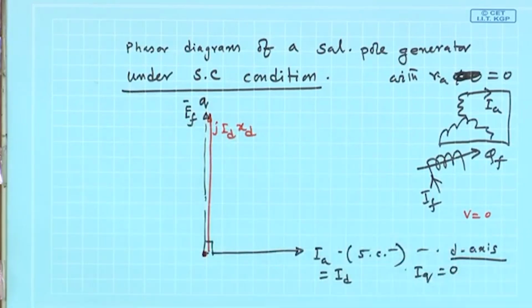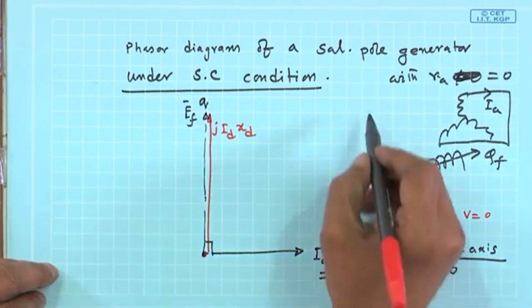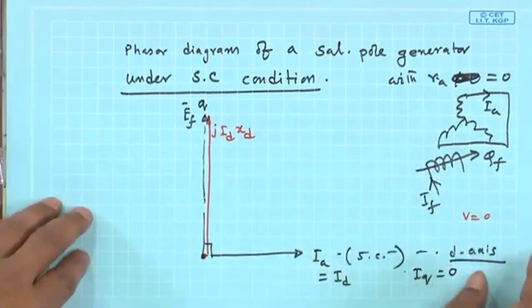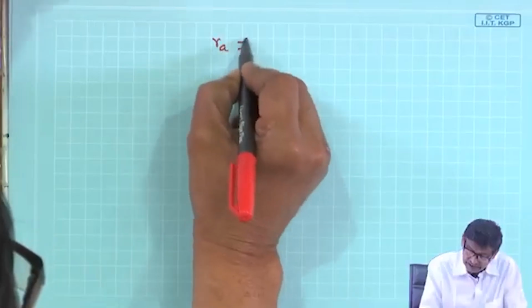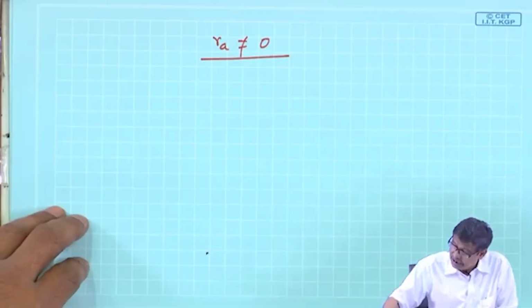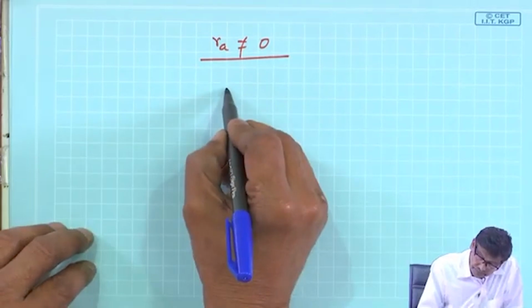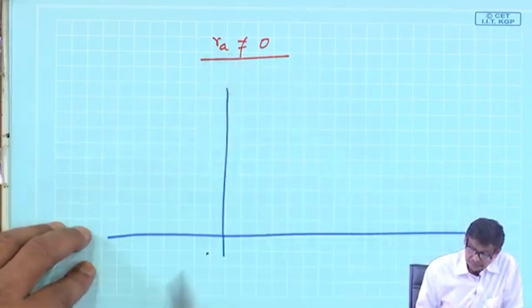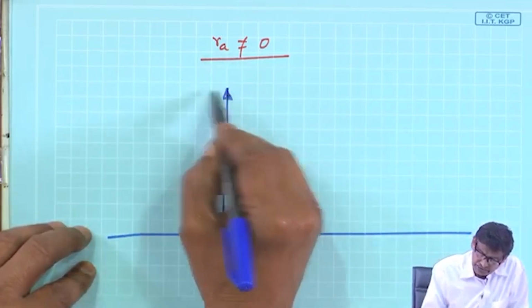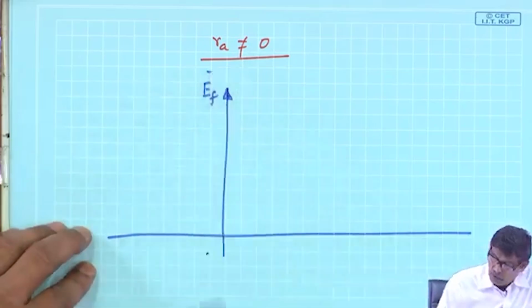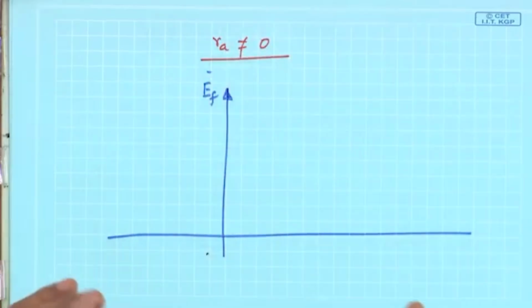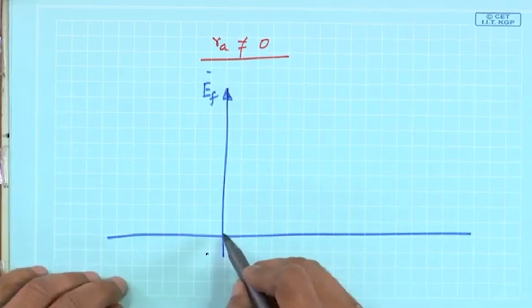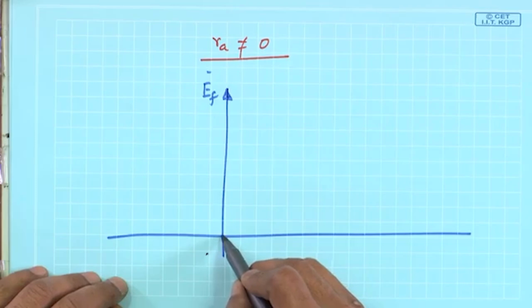This will be the phasor diagram. But if R A is not equal to 0, then how will it be? We are confident, now we can draw. If R A is not equal to 0, then I will draw like this. I will draw the q axis and suppose this is your E f that I have drawn. The armature is shorted, therefore it is an RL type of circuit, therefore the armature current will be lagging. So, I will draw this